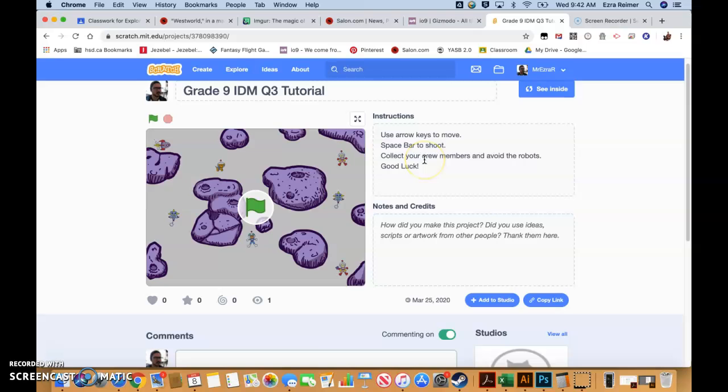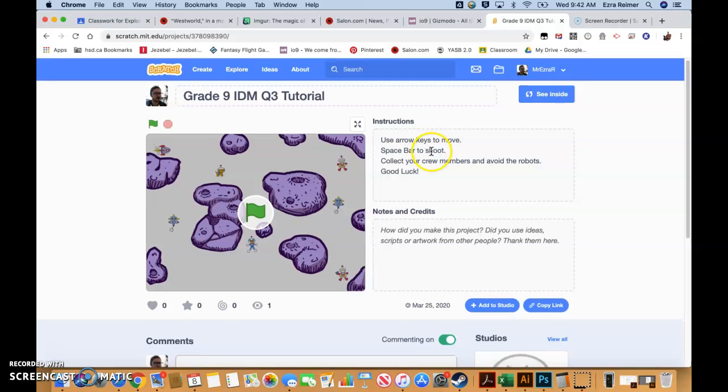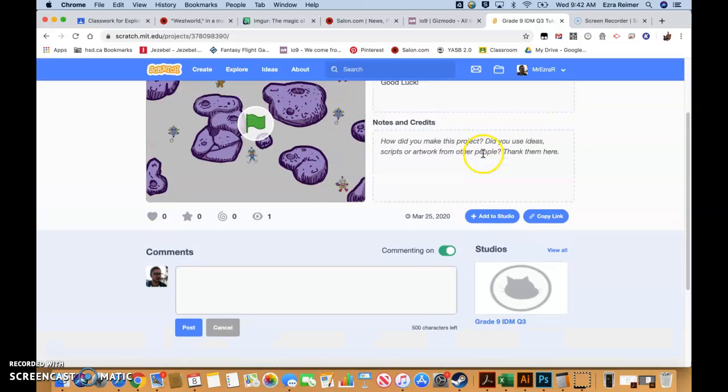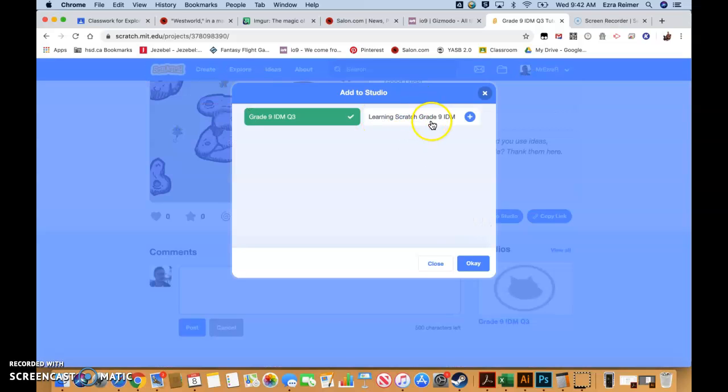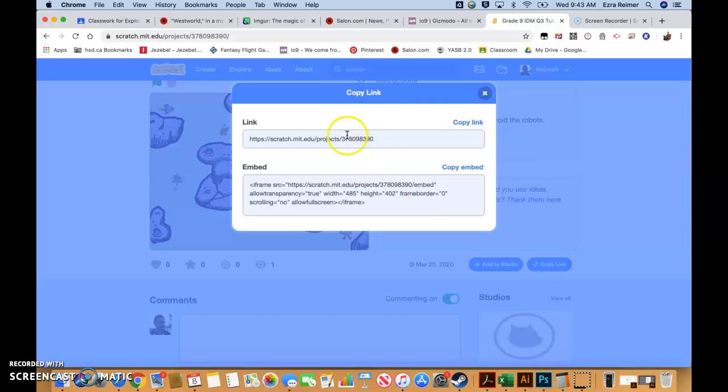So you should have shared your game at this point, but if not, make sure you hit the orange share button. Go down to the bottom here. Make sure you've added it to the Grade 9 IDM Q3 Studio if you haven't already, and then go to copy link. You're going to be copying this link right here,